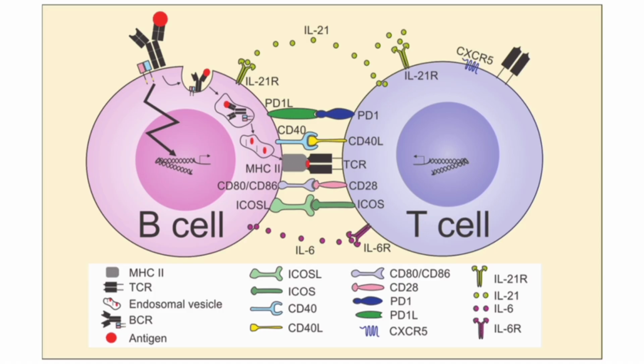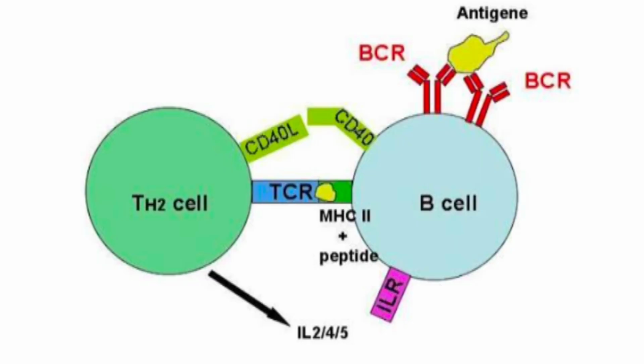First, the APCs, which include in this case the B cells, will engulf the bacteria. They will fragment those bacteria and their antigens, and then they will present their antigens on their surface. And now those antigens are presented to the helper T cells. The helper T cells will recognize those protein antigens, and they will produce interleukin 2, interleukin 4, interleukin 5, and